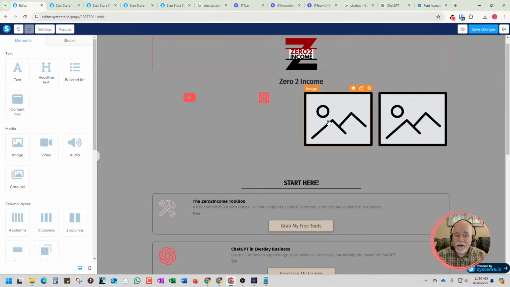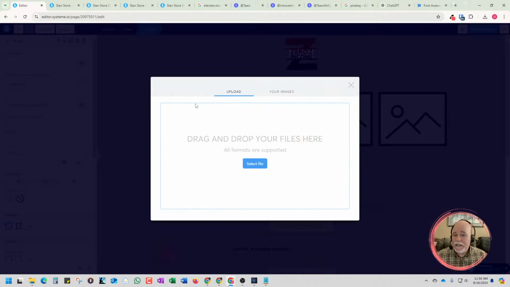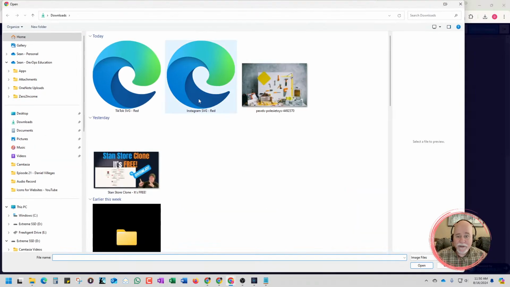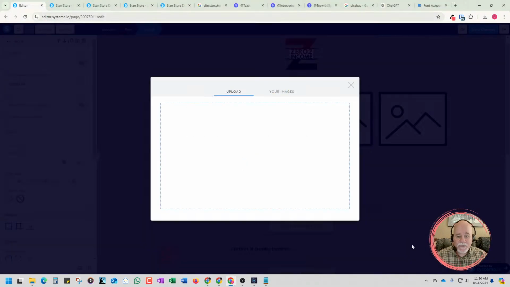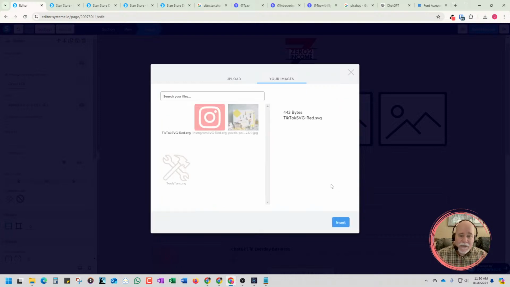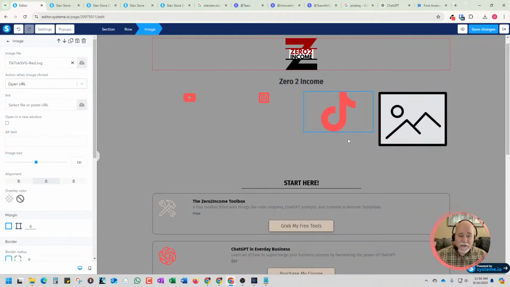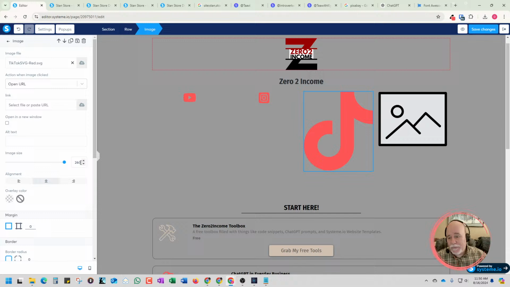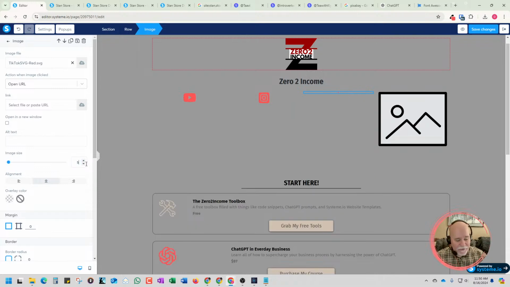We can go back over to our editor. Click on this. Same thing. We're gonna go upload TikTok SVG red and insert. Let's try 50. I have a feeling this one's gonna probably be whoa. That didn't work. A little bit big. Let's do 50. And yeah, I had a feeling it was also going to be one that we'd want to drop down to 40, like the